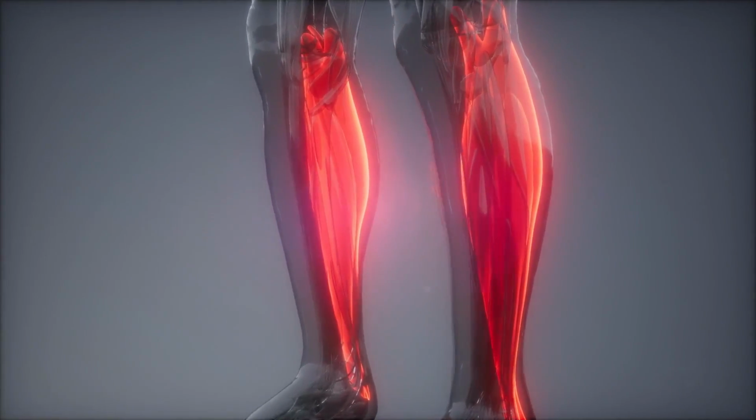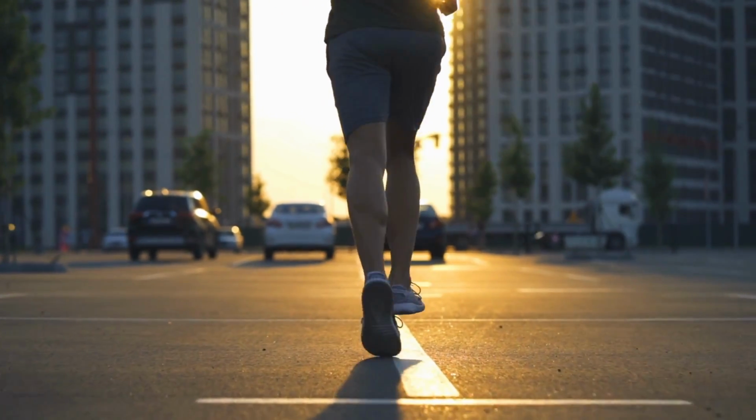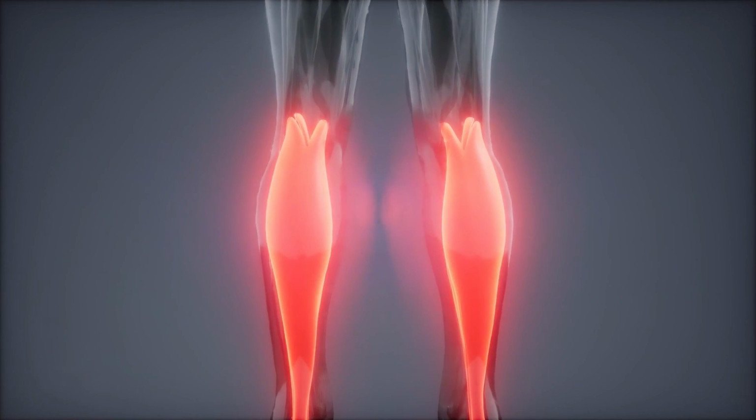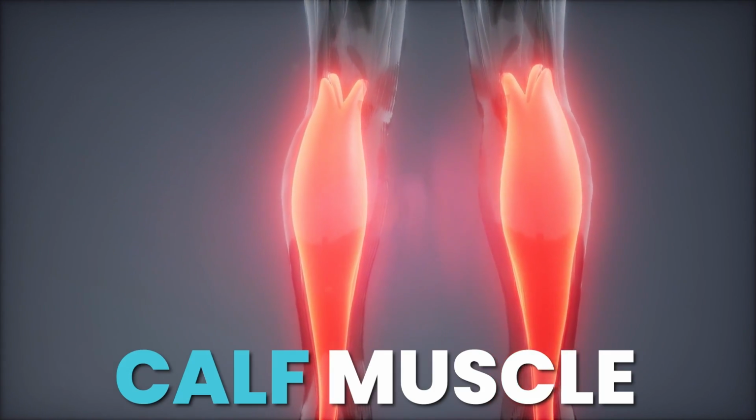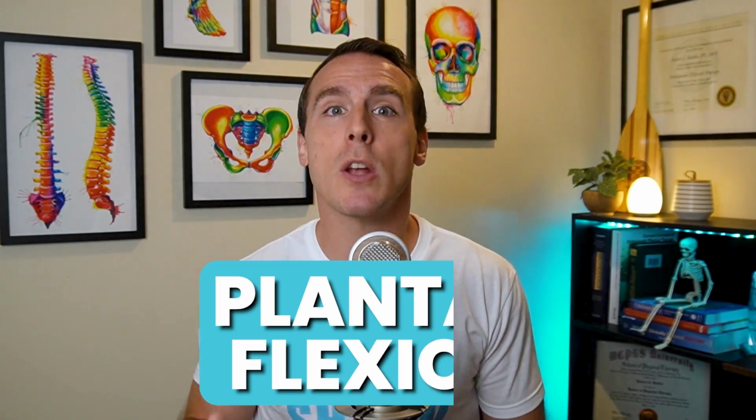To really understand your tendon pain, we need to dive into a little anatomy. Tendons are the connectors between muscles and bones, transferring the power your muscles generate when they contract so that you can move. Your Achilles tendon is part of your calf muscle, and its main job is to point your foot down. This motion is known as plantar flexion, and is key for walking, running, and jumping, helping to propel your